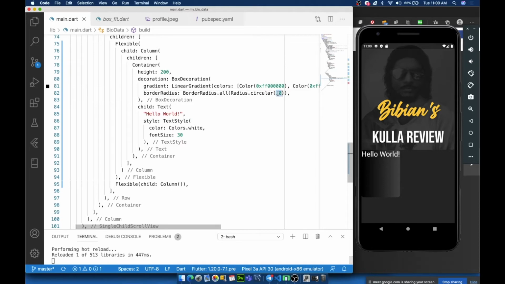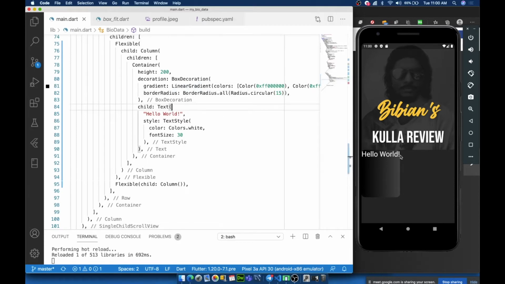Maybe we can increase the radius like 20. It's quite rounded. Maybe we can put 15. That's fine.